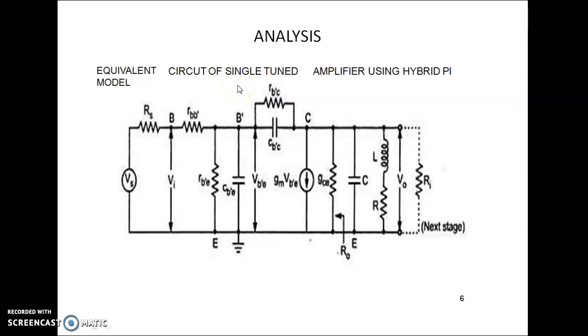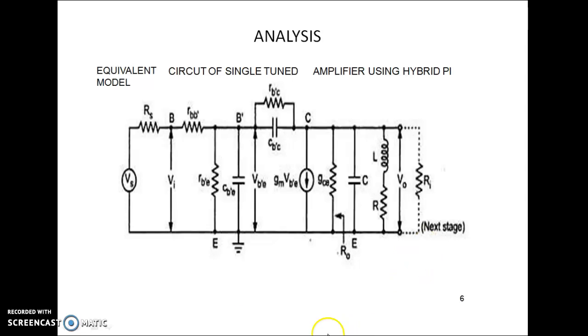Since these are employed for high frequencies, we replace the transistor with the high frequency model, that is the hybrid pi model, where all the interelectrode capacitances are taken into account. Now you can see CB'C, which is common between the base and collector. Whenever any element appears common between input and output, we have to use Miller's theorem. By Miller's theorem, this CB'C will be replaced at the input side as well as at the output side by the gain factors. In the next slide, we'll see how it has been replaced.